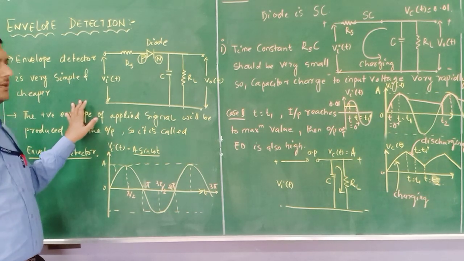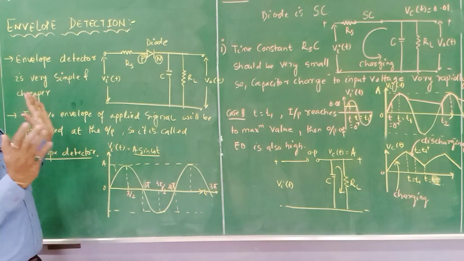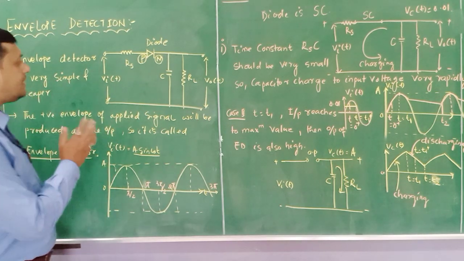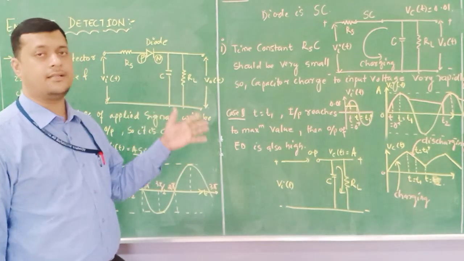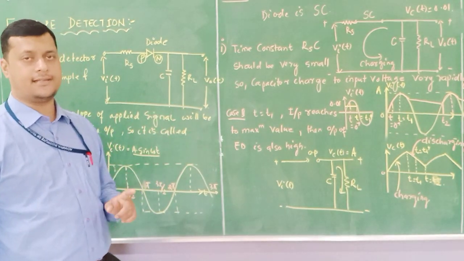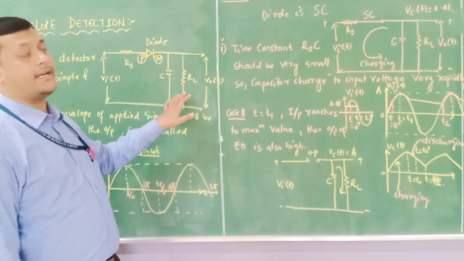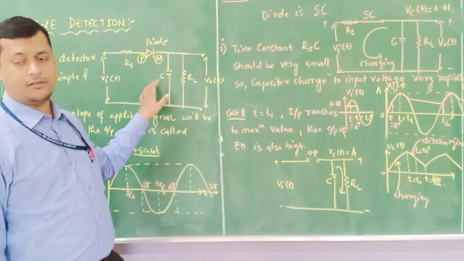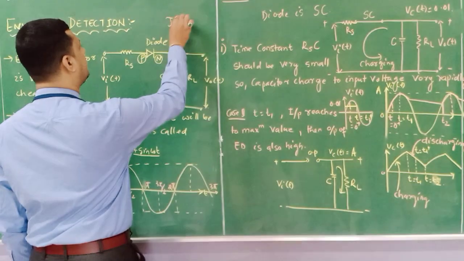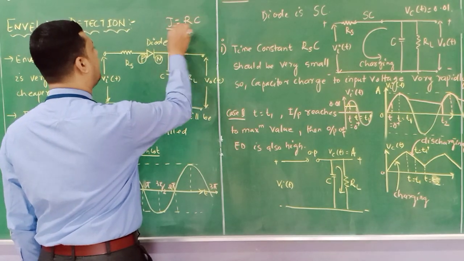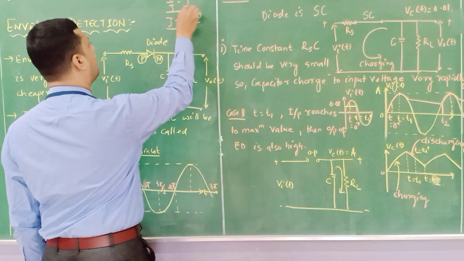and with the help of this we can extract the modulating signal in a proper way. And we need a certain limitation also. In this envelope detection there is frequency sensitivity, meaning it will identify the frequency component with respect to the modulating signal as well as the carrier component. So that time constant plays a vital role. If I say time constant, I will write tau is equal to RC. Now as we know, 1 by tau I can represent in terms of frequency.